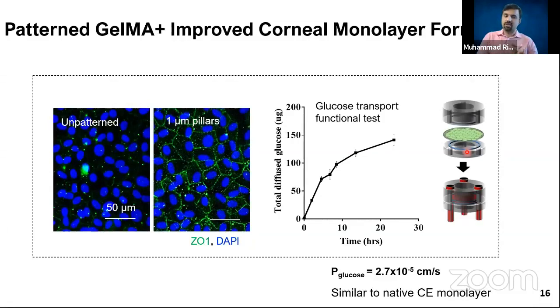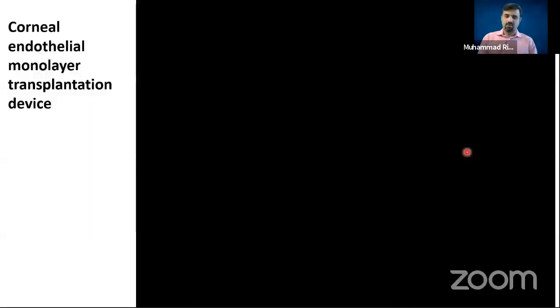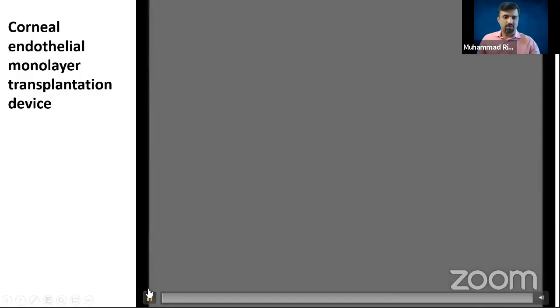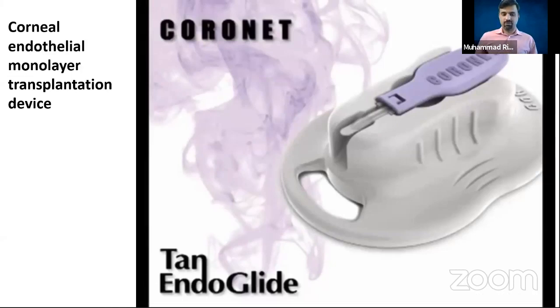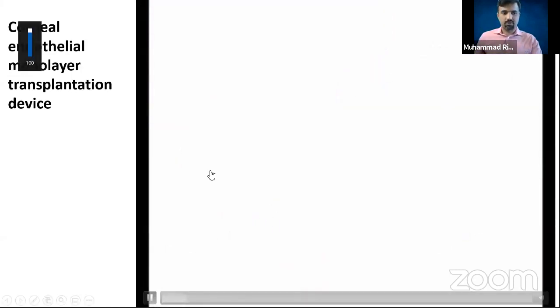The strength was great, and we were really ready to transplant that into the animal models, right? So how do we transplant this in animals? For that, we have a device developed in Singapore. Okay, so this is really the device that we can use to transplant into the eye.